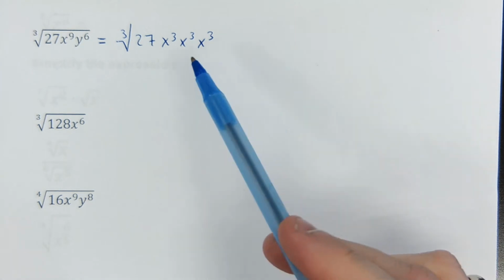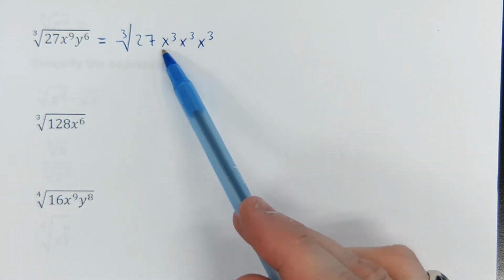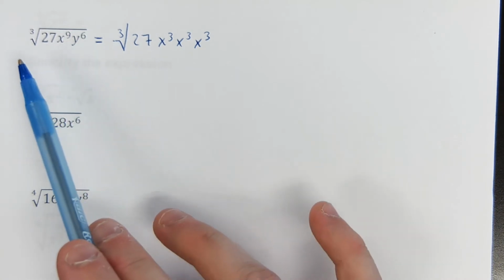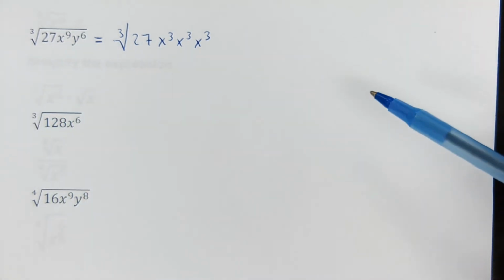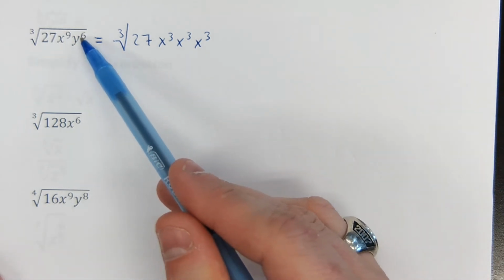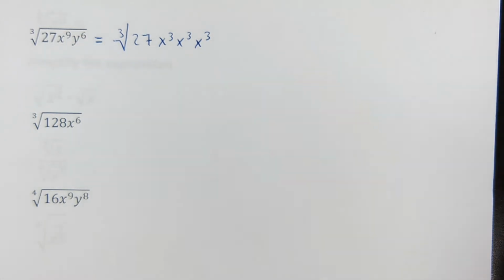Specifically, because when you multiply numbers with the same base, you add their exponents, so 3 plus 3 plus 3 is 9. I would never expect you to do this much work for these. I'm just demonstrating why what I'm about to show you is true. And the same thing with this y to the 6th. Not quite sure what to do with the 6th, but I do know that third